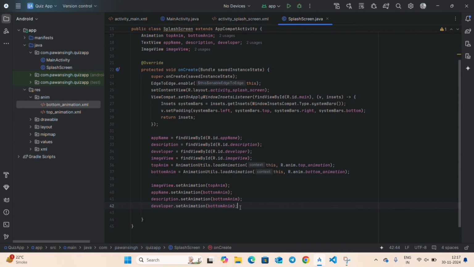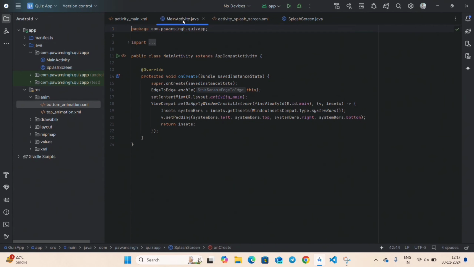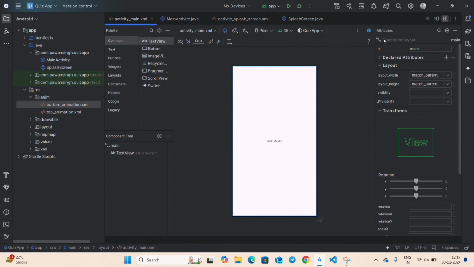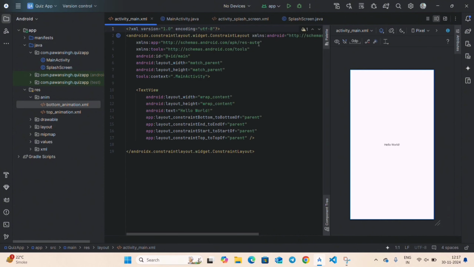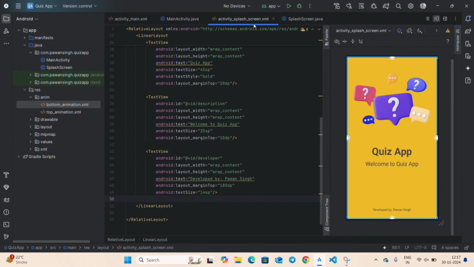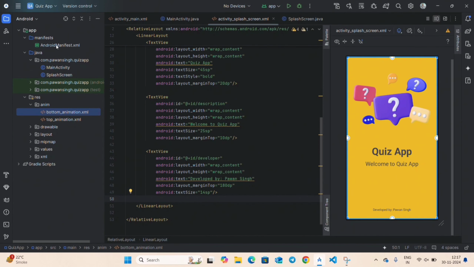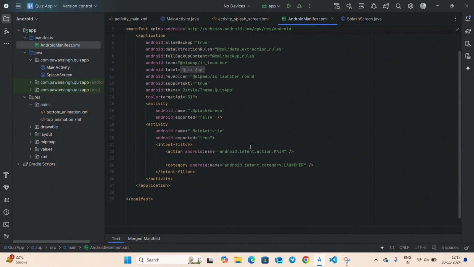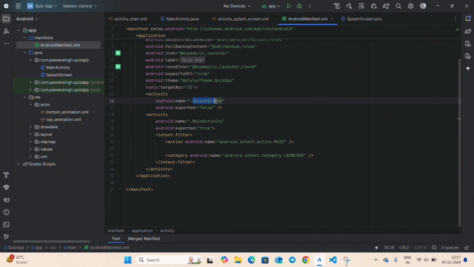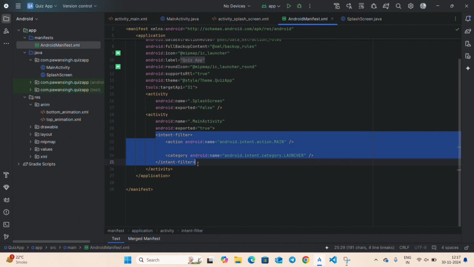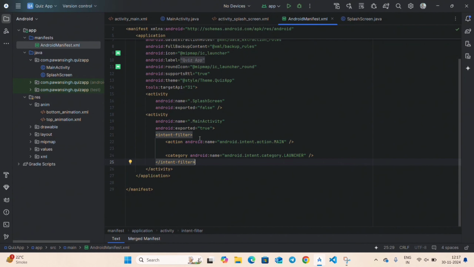And now go to splash screen. This is splash screen by name only. By default our main screen will be opened with this hello world text. So to make this our splash screen, go to the manifest XML. So you can see this is our splash screen activity, and below this here it is main activity. So to make our splash screen the default screen, that is the opening screen, copy or cut this intent filter,